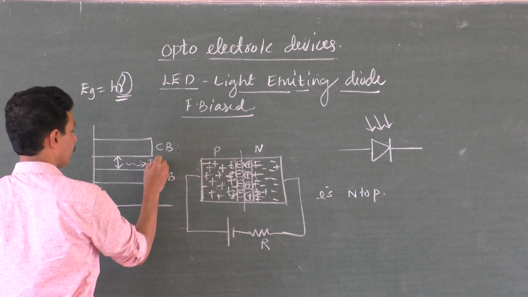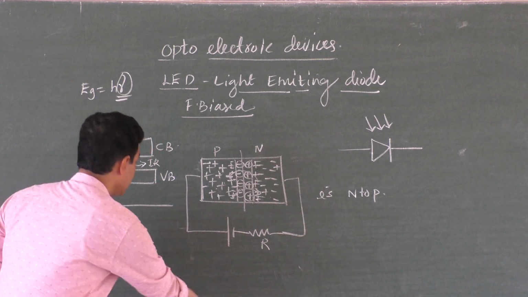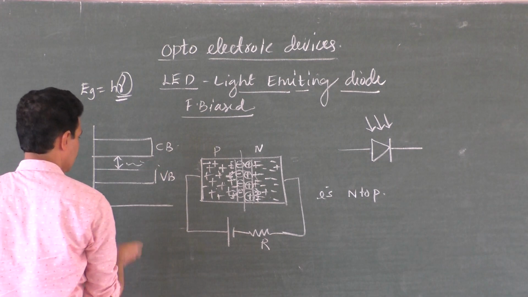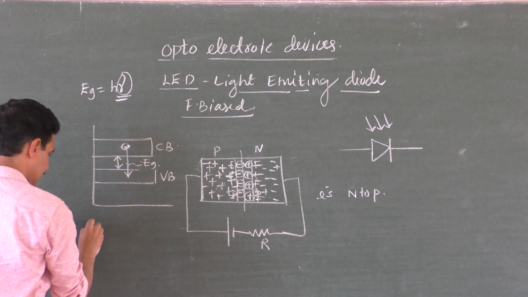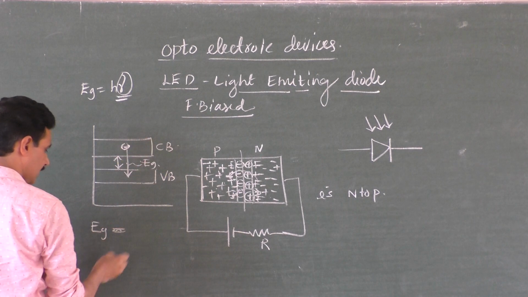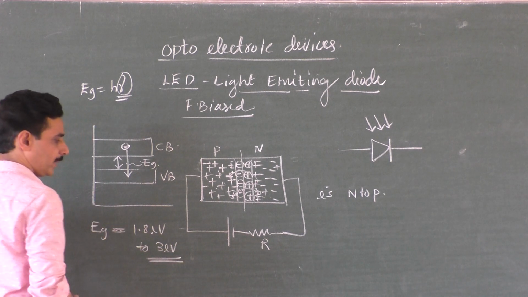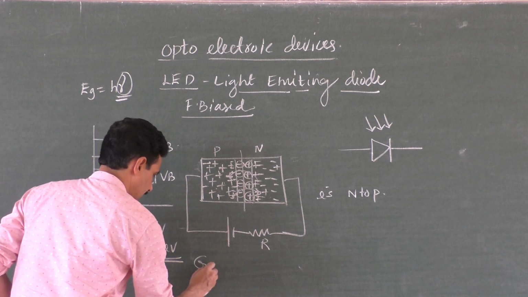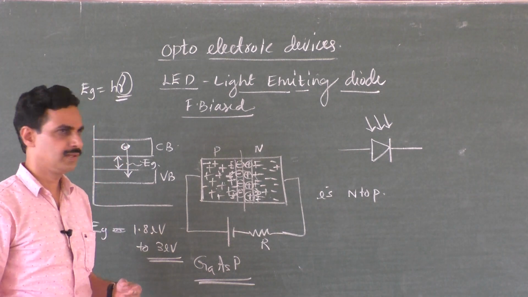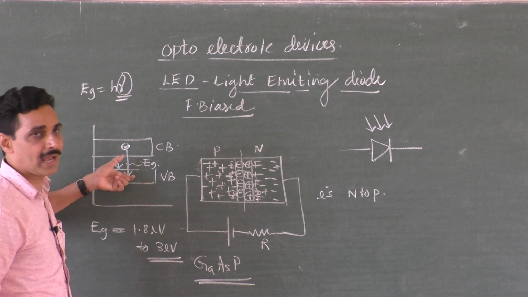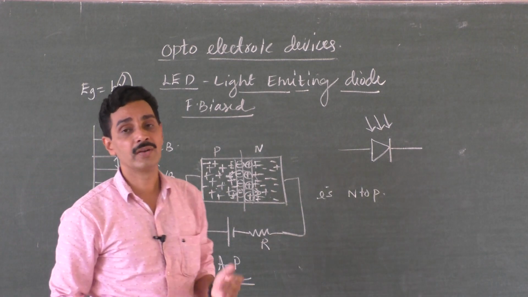So they emit that energy in the form of heat. So it is in the IR form, whereas here you choose a certain material whose energy gap lies in a certain range. This is the energy gap, because when the electron comes here, it loses that energy. That energy gap is in the range 1.8 electron volt to 3 electron volt. And the best suitable material is gallium arsenide phosphide. Right? And some different materials are chosen so that this energy gap is equal to h nu, and that nu suits different colors. You get the different colored LEDs.